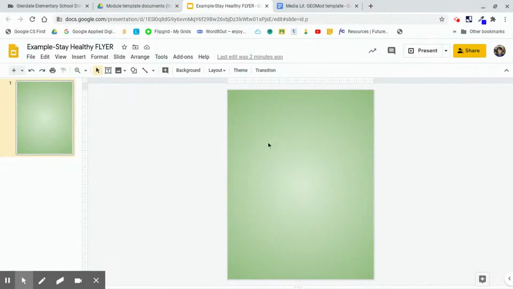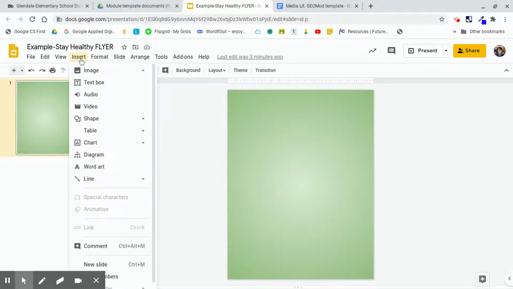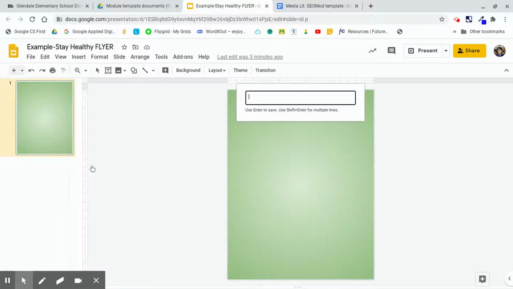All right, let's move along with our flyer tutorial. The first thing we're going to do is insert some word art. We're going to start with staying healthy at school as kind of our centerpiece, and then build off of that. So how you do that is you go to what's called the drop-down menu right here, and we're looking for insert. Okay, see it? Boom, there it is. So I'm going to click on insert, and I'm going to take my cursor down to word art right here. Click on that, and I'm going to type in, correctly spelling,